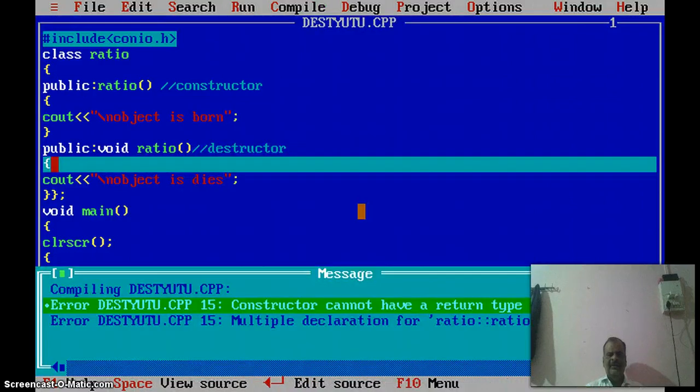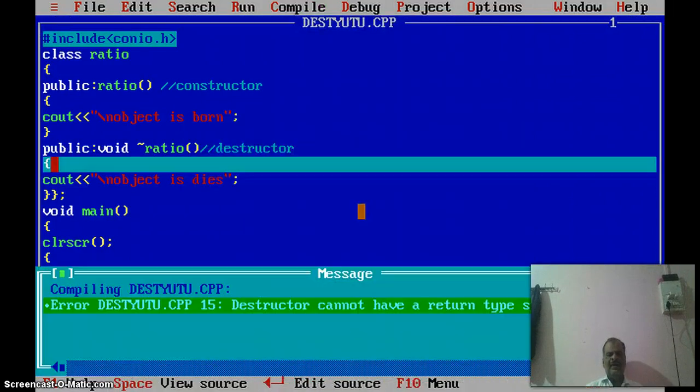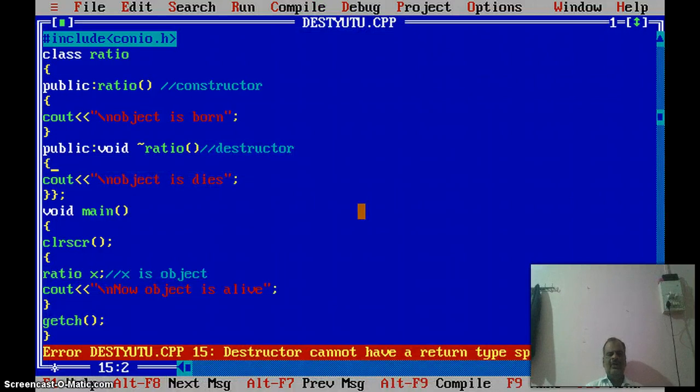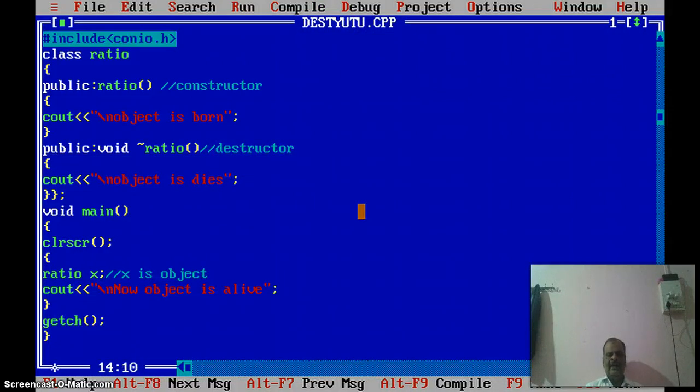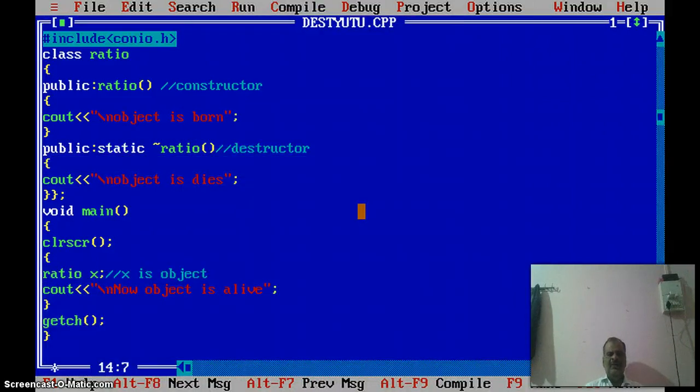An error message is also given for multiple declaration. One error is that void cannot be used, static cannot be used, and whenever I give the static keyword it is not accepted, but whenever I use the virtual keyword it is valid.